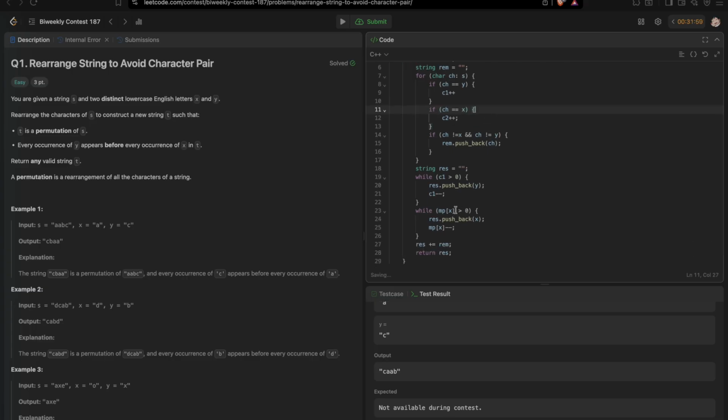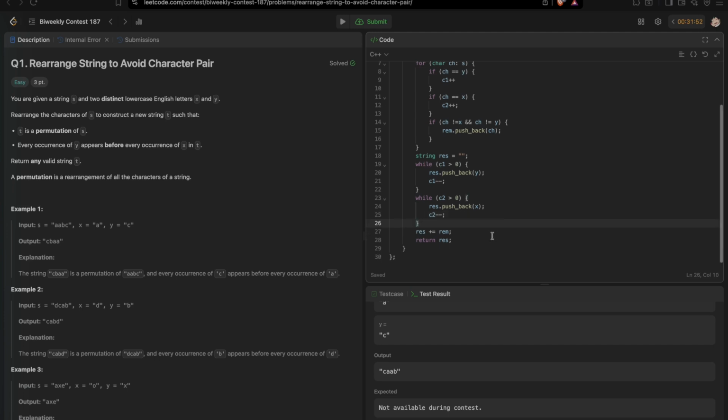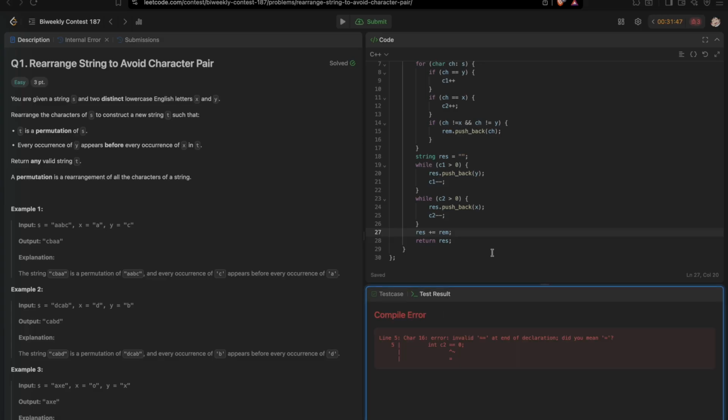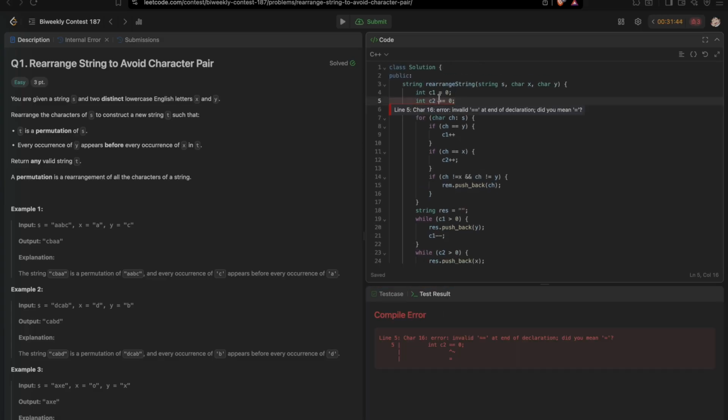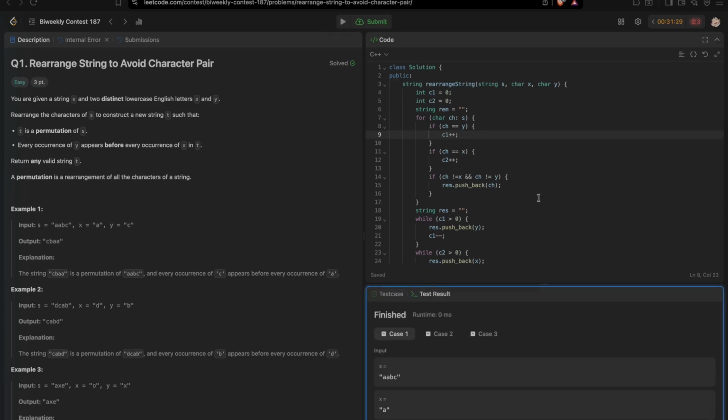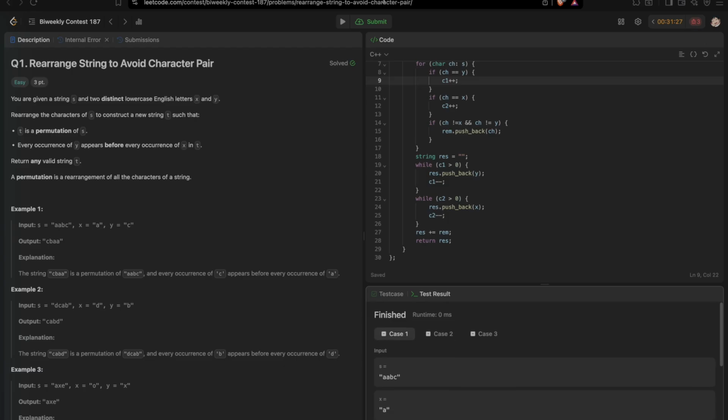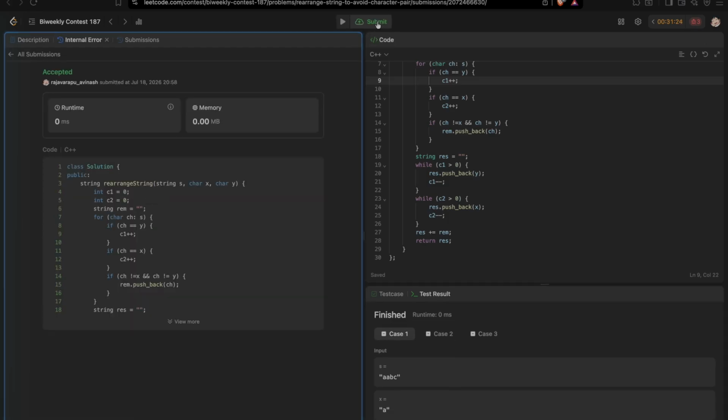Yes. Now for X, I check C2, I push C2, I reduce count, and I add the remaining to the result. You can add remaining towards front or at the end. Both are fine. We just need Y before X, that is C1 before C2. That's it. Add that here. Yeah, CAAB. Let me submit this. Yeah, this is also